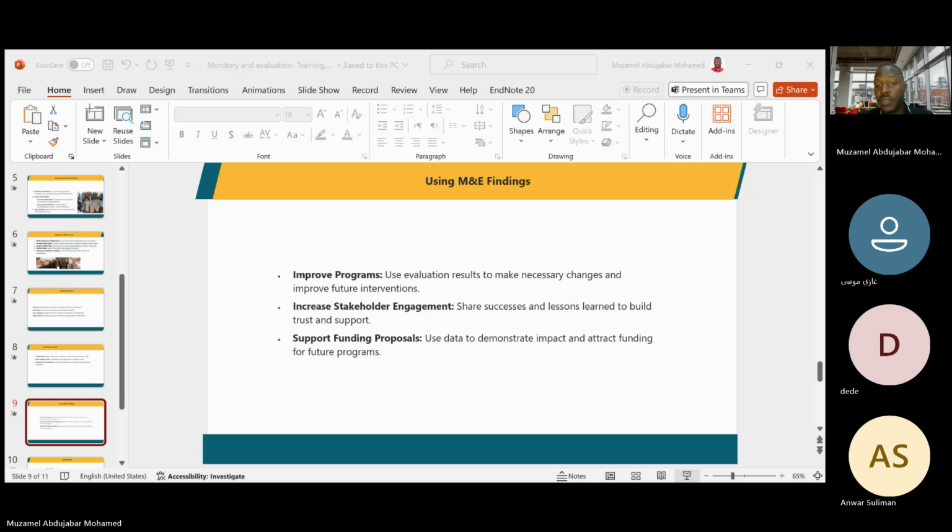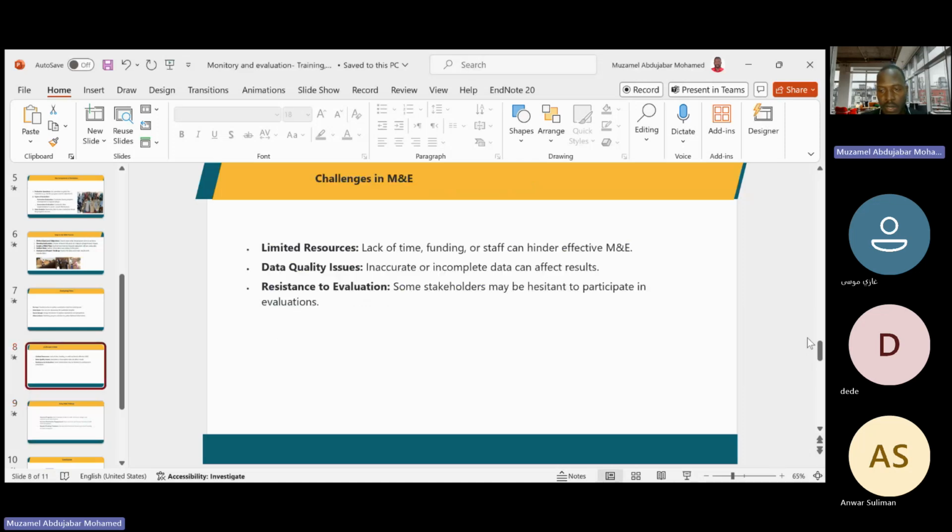Also, a strong monitoring and evaluation system helps us to ensure that programs achieve their intended outcomes and make a positive impact. The monitoring and evaluation system can let us achieve the program and outcomes. Yeah. Additionally, it can help us to make the positive impact. Yeah, thank you for your attention. Yeah, this is our session today, or workshop, about the monitoring and evaluation.